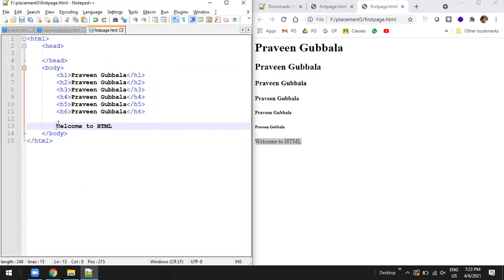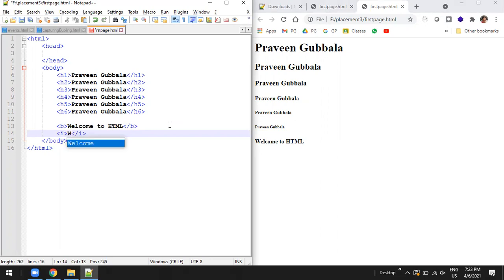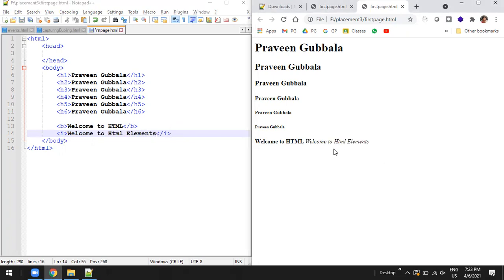If you put it in the b element, now it looks bolder. Now the same thing, if I put it in the i element, the content will be displayed in italic fashion.